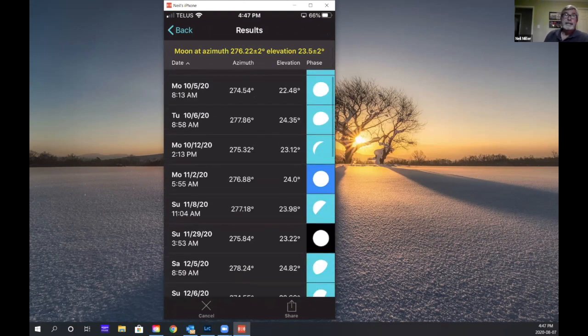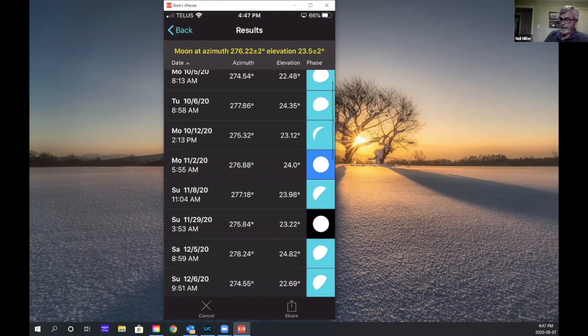What I'm most interested in is a full moon or close to a full moon. And I don't want the sky to be pitch black. Ideally, I want it just before sunrise, so there's some light in the sky, but you can still clearly see the moon. It kind of looks like Monday, November 2nd. It's going to give me the right combination. If I click on that,